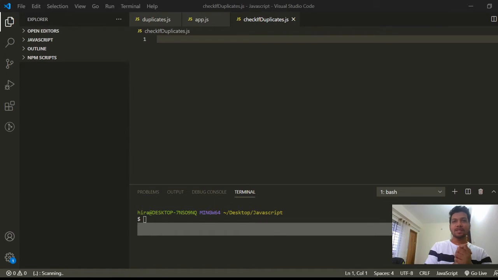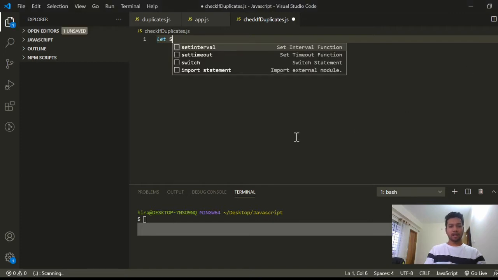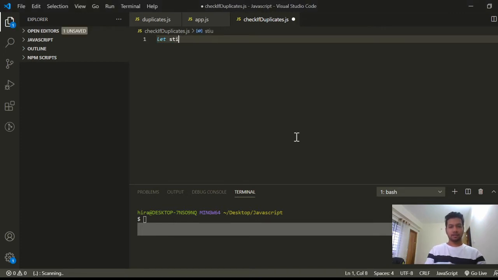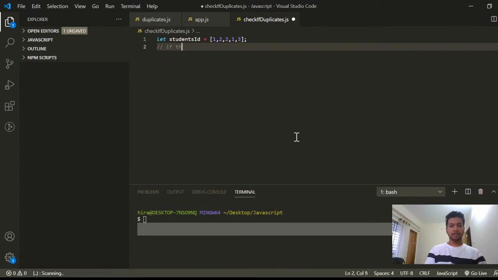So today I will tell you a short technique on checking, if you have a given array, how you can check duplicacy in that array. Let's say for example you have an array like student IDs, and your given IDs are 1, 2, 2, and again 1 and 3. You have to say if there is any duplication